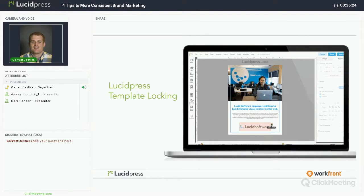And the best part about Lucidpress, the thing that I love about it the most, is that you can lock down the size and position, the style, and the content of different elements in each of those templates. So, for example, if I was creating this flyer template for Lucid software, I could easily lock down the logo so that no one could remove it, change it, or cover it up. And I could also lock down the font style, allowing others to change the text, but ensuring that only my brand font was used, which is pretty slick and can really help you to enforce those brand